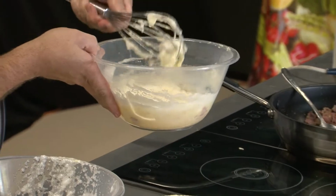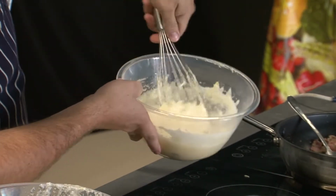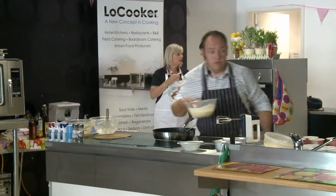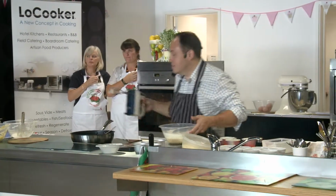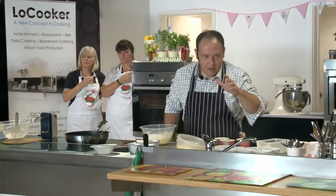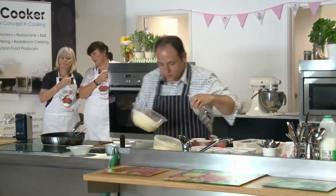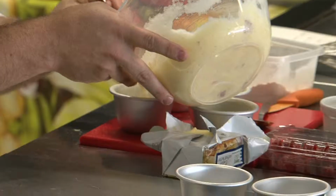So it's nicely incorporated, and it looks light and fluffy. You know you've got the air in there, so you'll be fine. And hopefully, I say hopefully because souffles are a little bit unreliable sometimes. So we're just going to line the molds,